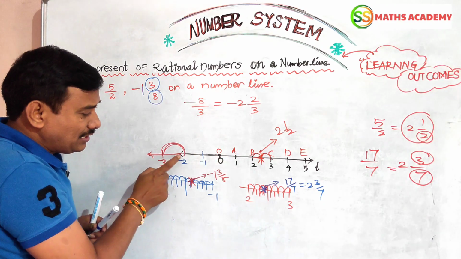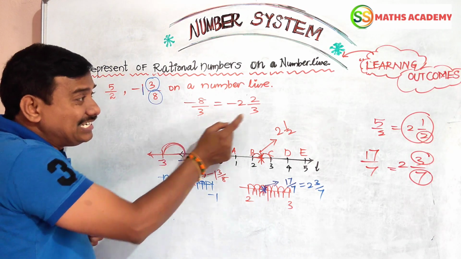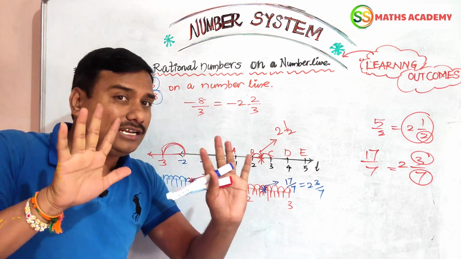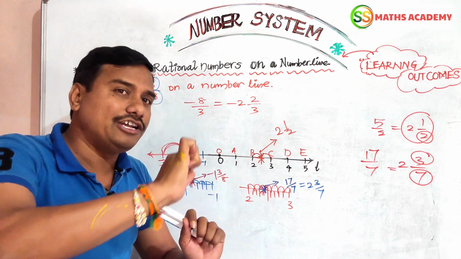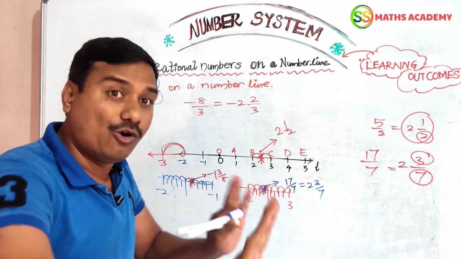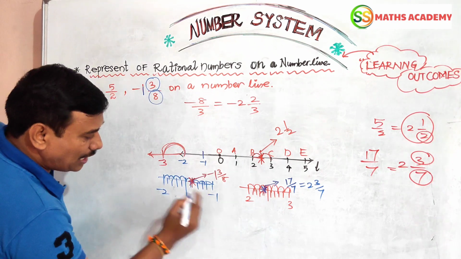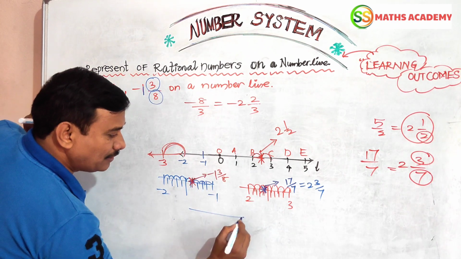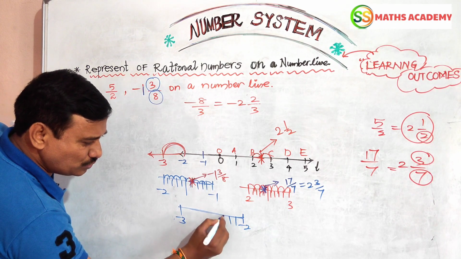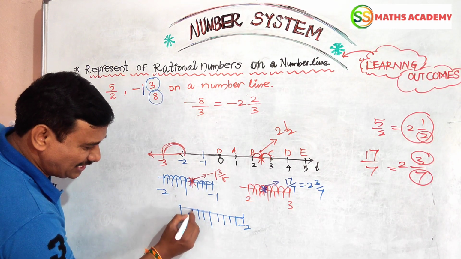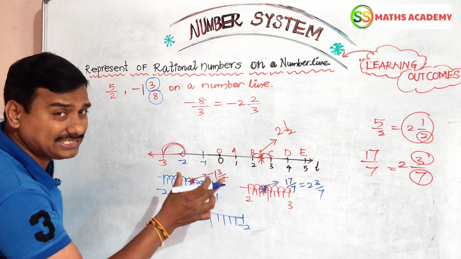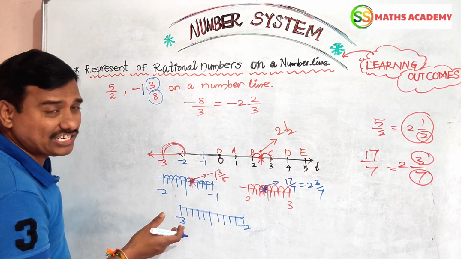Minus 2, after that, between this length divide into 3 equal parts. Minus 2 to minus 3, how many will be there? 10 mm are there. 10 mm divided into 3 equal parts means 3.3, 3.3, 3.3, nothing but 10 will be over. So like that I am going to do here. For example, minus 2, minus 3, 1, 2, 3, 4, 5, 6, 7, 8, 9. You can take some large size also, you can use a scale on the number line, then it can be easy to understand.